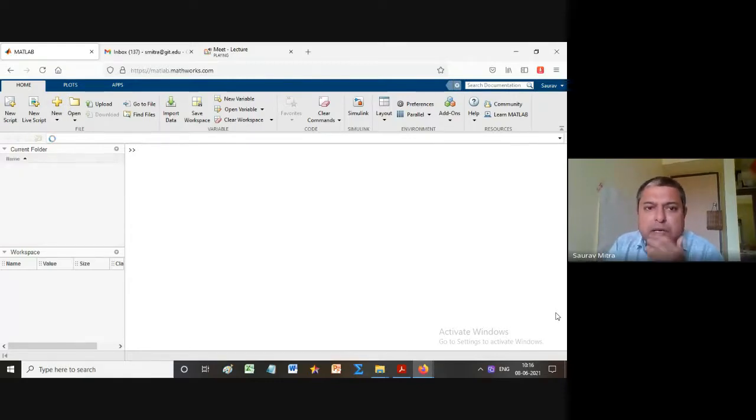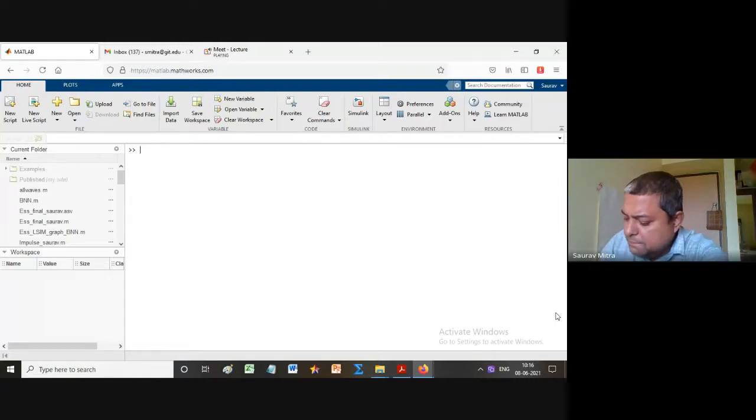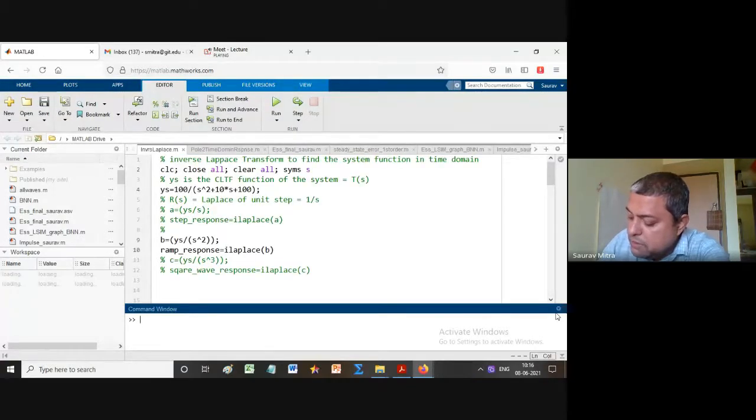So write down our first numerical that we are going to solve. In your journal also you can do that. Okay. So first let us say that our system, we will do this proof first. Our system is equal to 1 by s plus 5, that is G(s), and H(s) equal to 1. Okay. So how to do it, I'm showing you. First let us say our system G(s) is equal to 1 by s plus 5. Just keep on writing. So G(s) is equal to 1 by s plus 5, H(s) equal to 1.